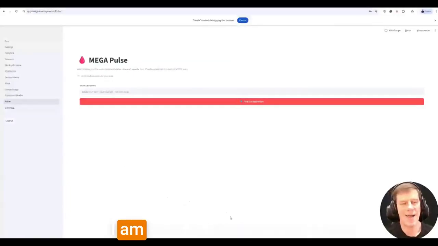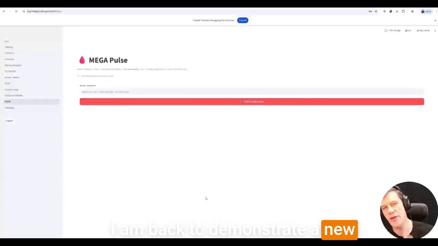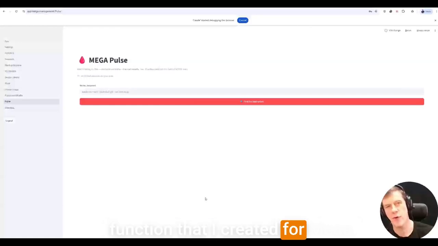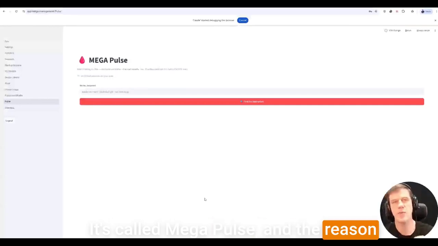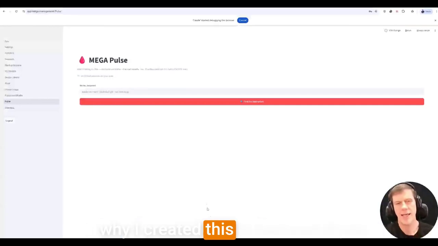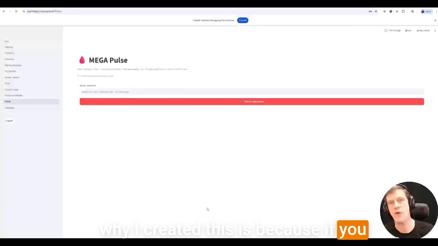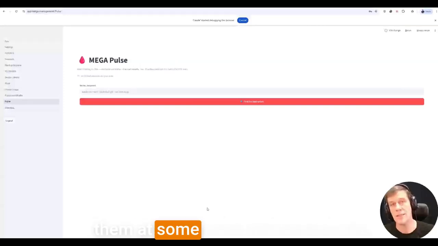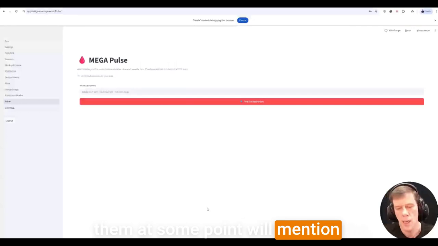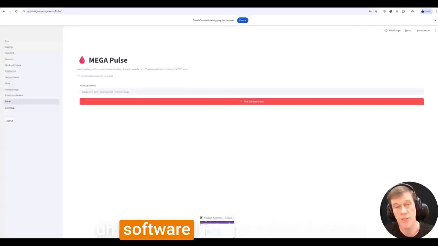Okay, guys, I am back to demonstrate a new function that I created for Mega. It's called Mega Pulse. And the reason why I created this is because if you pay any attention at all to all of the print on demand gurus, almost all of them at some point will mention the software service